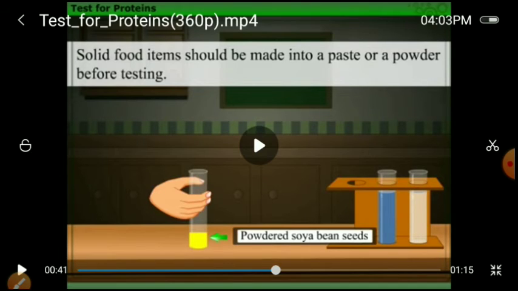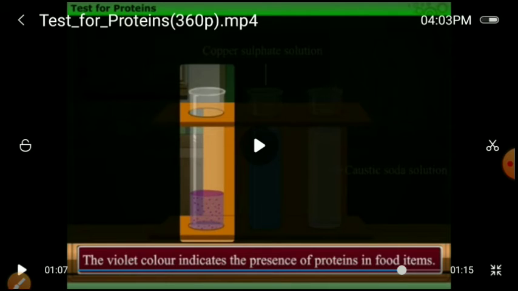After some time, the color is violet. That violet color indicates the presence of proteins in the food item. Hence, we completed the test for protein also.